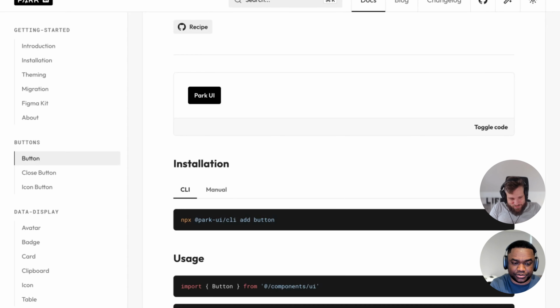Yeah, exactly. So far, building out Park UI, what would you say has been maybe the top 2 challenges you faced? What's the hardest thing you've done in this project? Definitely the CLI is very, very annoying to build, because there are so many different project setups, and then TS configs